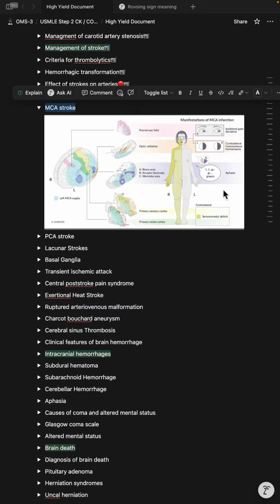The striped yellow area on the patient's right side represents a left MCA stroke causing right-sided deficits. Involvement of the frontal eye field causes the eyes to deviate toward the side of the lesion, so a left MCA stroke produces leftward gaze deviation. Damage to the optic radiations leads to contralateral homonymous hemianopsia. Here, a right visual field loss from a left MCA infarct.